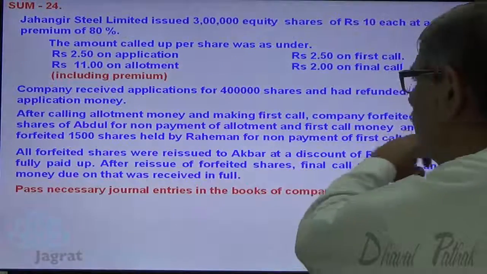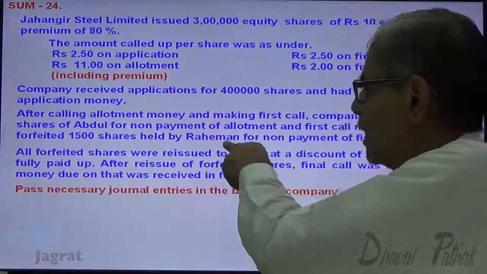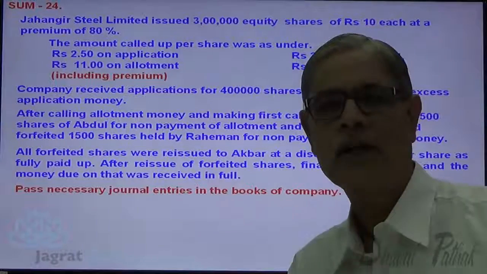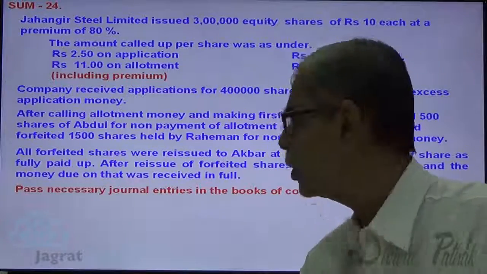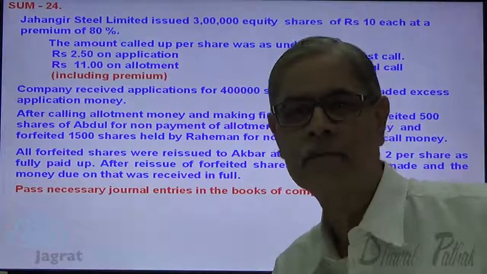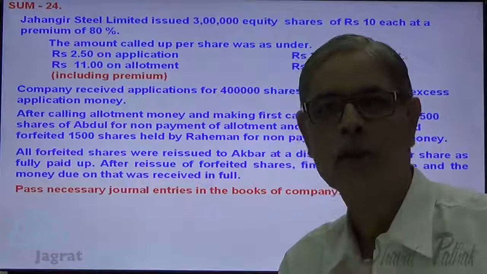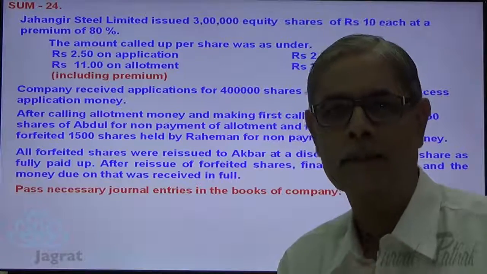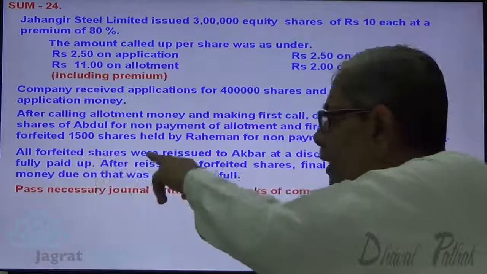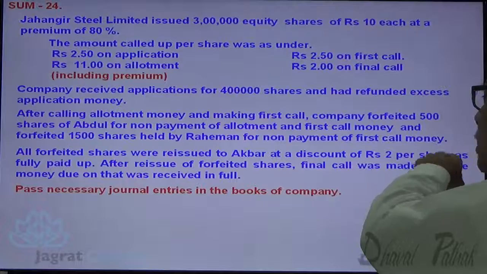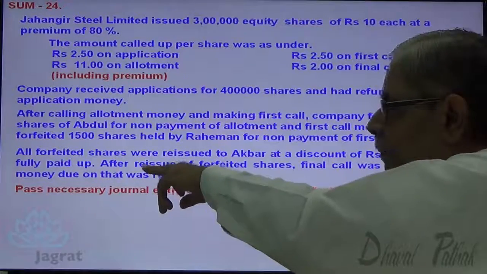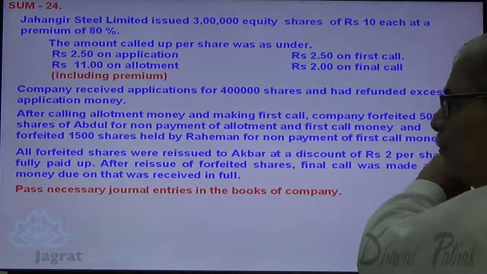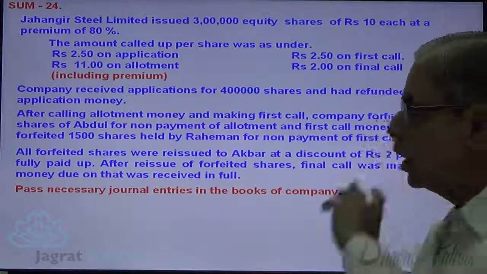Forfeited 1500 shares of Rahman for non-payment of first call. Similarly, another shareholder is Rahman, who was allotted how many shares? 1500 shares. Has not paid first call, his shares are also forfeited. Now the most important point is, all forfeited shares were reissued to Akbar at a discount of 2 per share as fully paid up. After reissue of forfeited shares, the final call was made and the money due on that